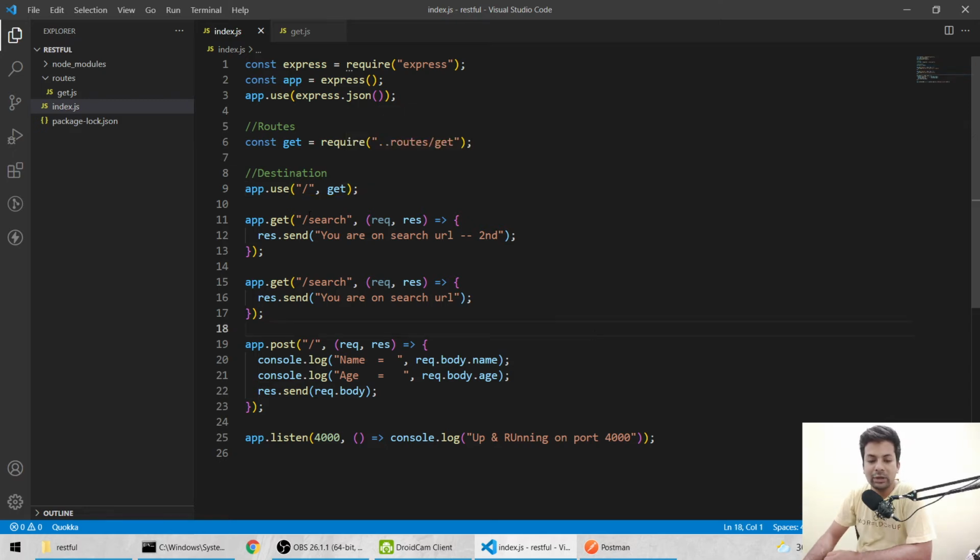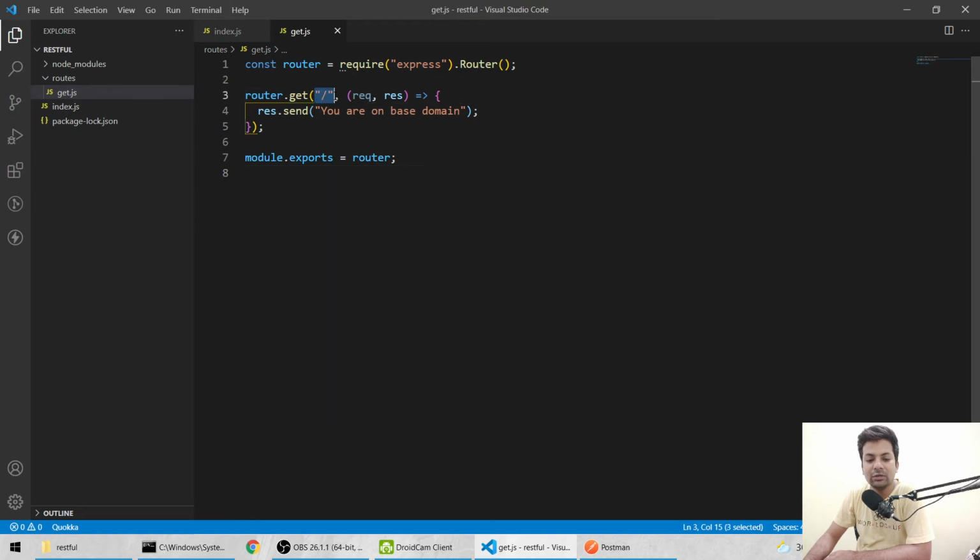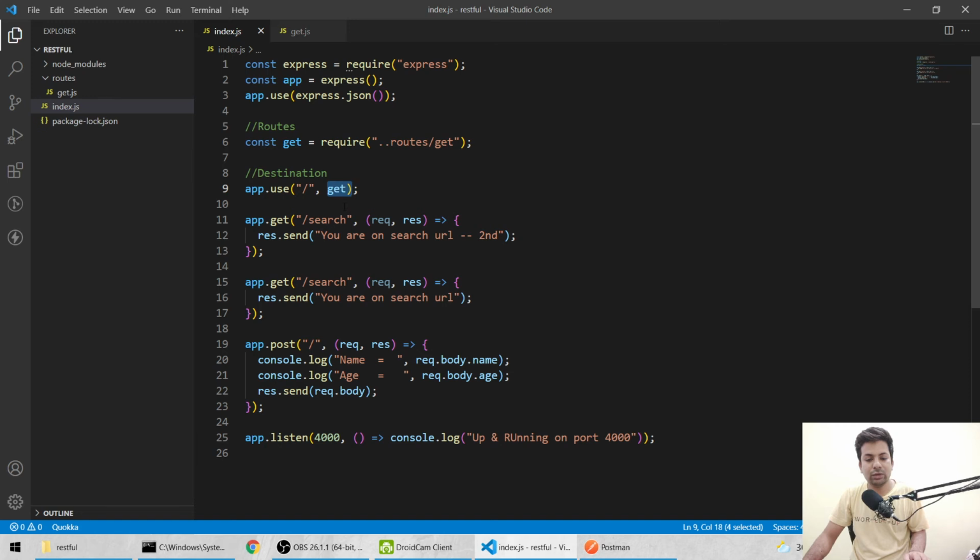So how it will work: it will come here and check for the base or slash search, if you are using slash search, and it will just go to the get page. Here in get, it will look for slash and send back the URL on the base domain. So let me check that everything is running fine.